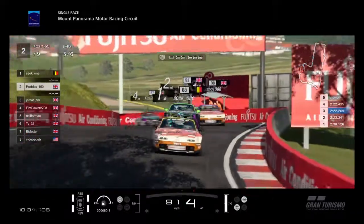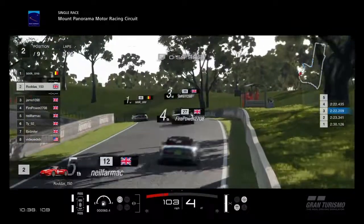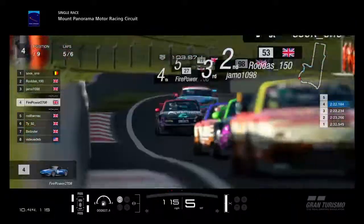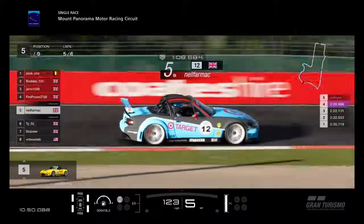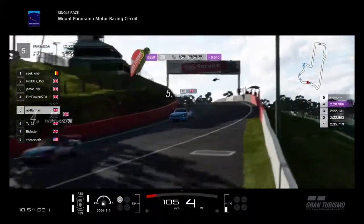Really good racing here. So we've got a Team Wolves car in the lead, number 88, Seat 1. Number 53, Rodders, Team Naughty, in 2nd place. The 2nd Team Wolves car of Jamo, number 98 in 3rd. Then we've got Firepower in the 2nd Team Naughty racing car, number 27 in 4th. And Neil Farmack, the first of the target cars,